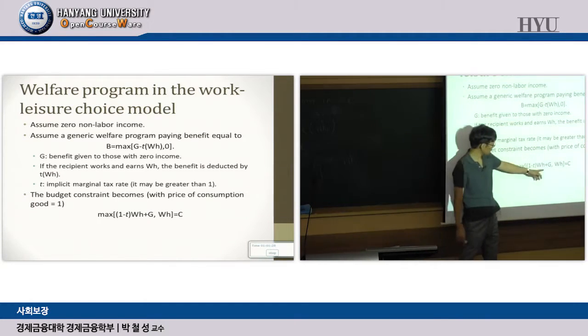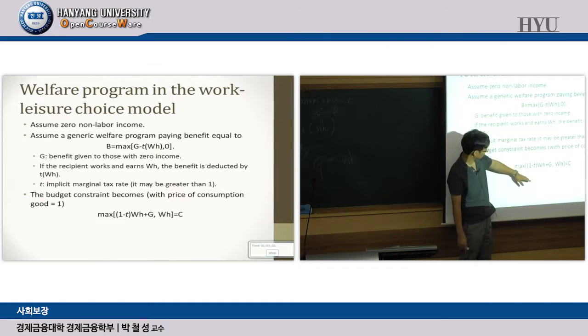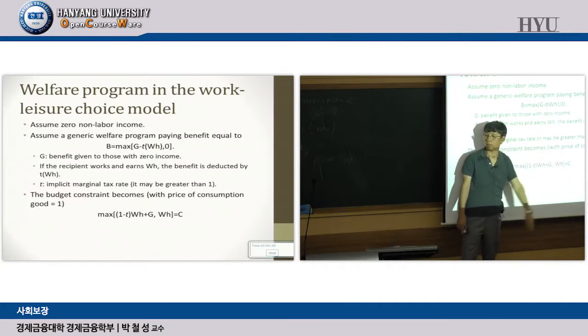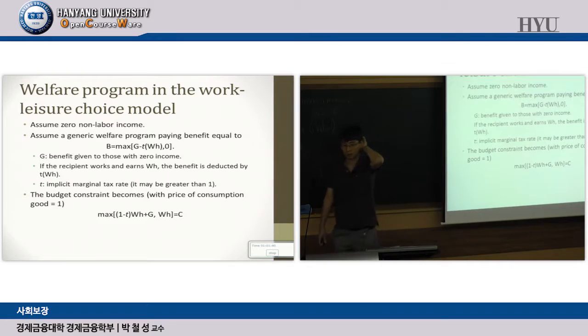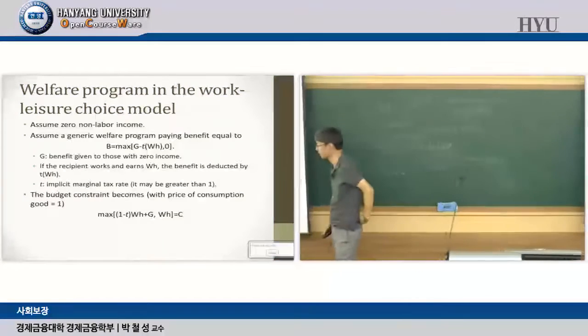And W H, if your income is high enough to make the benefit 0, then your own income will be your budget. Your income is going to be W H. Okay, so as you can see, the welfare program should not make you poorer. So your income should not be lower than W H. It cannot make you poorer. Obviously, that's the idea.